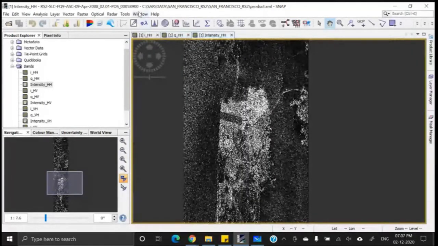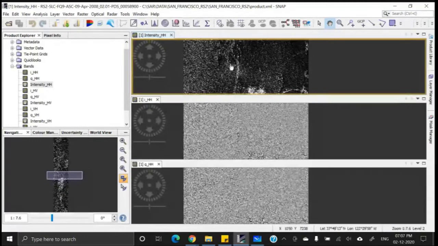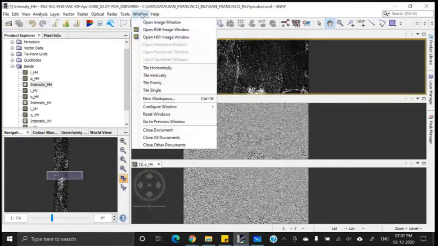Now we can place these windows side by side or in vertical tile mode. Go to the Window menu and click on Tile Vertically, and these three images will be displayed here.